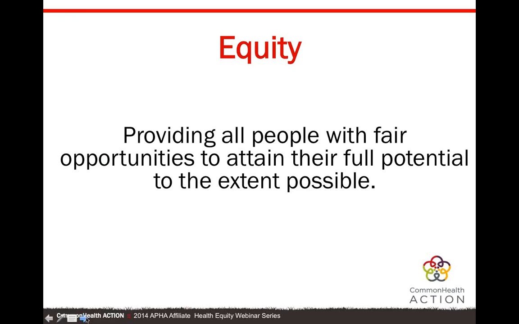Equity means providing opportunities for all people to reach their full potential to the extent possible. Equity is a process. It's not an endpoint. The reason it can't be an endpoint is that by its very nature, society is constantly changing and the determinants of equity are constantly changing. Therefore, we must engage in an ongoing process to plan for equity and respond to changes in our environment that